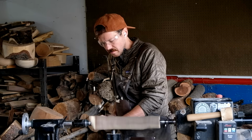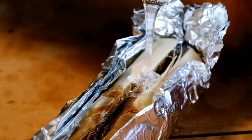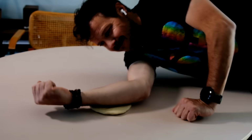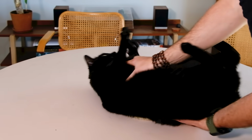I'm carving into this piece of redbud wood right here and then filling its big old crack full of resin and running a little bit of fire over it because I was doing some baking earlier and kept running into issues with traditional dough rolling tools like my own human forearm, which made me dizzy,